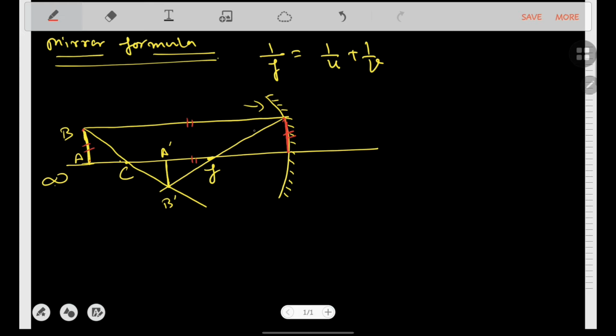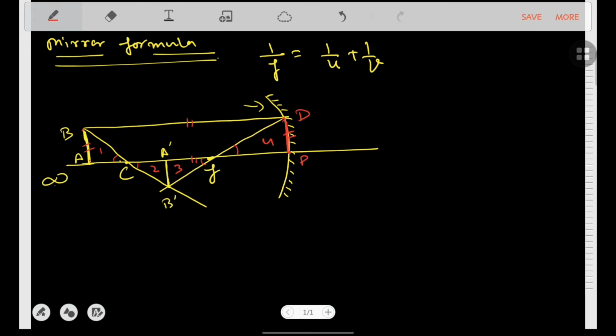We have to name this one. We can write D, and this is the pole P. Clear? Now we have to find the similar triangles here. We know this one is a similar triangle, this is 1 and 2, and another similar triangle we can get here is 3 and 4. Okay? So here we get similar triangles between 1 and 2, and another pair is 3 and 4. Is it? Now one by one we will solve these triangles. We will check the relation between them, and let's find out what relation comes out from that.